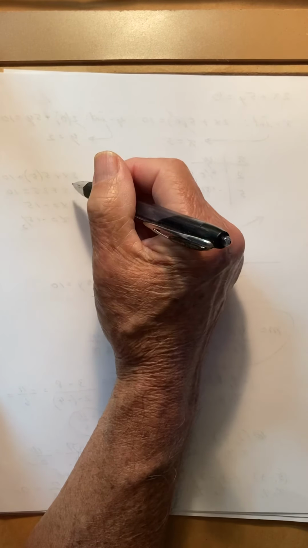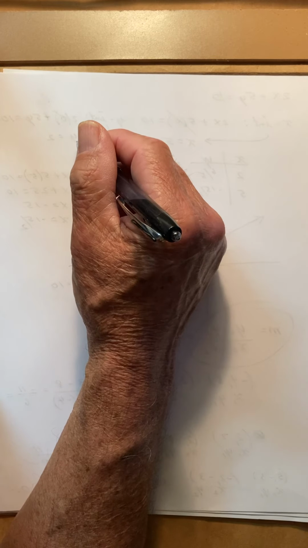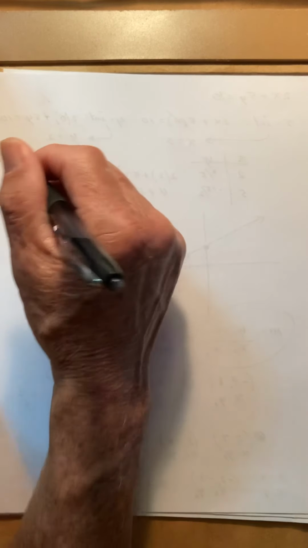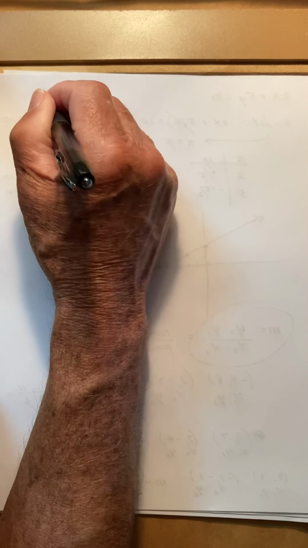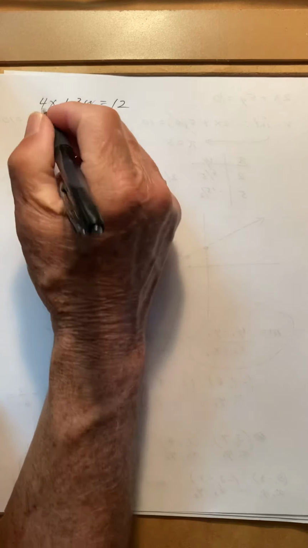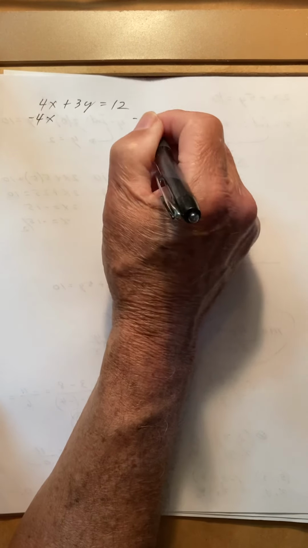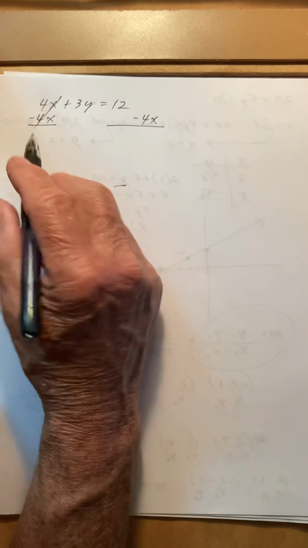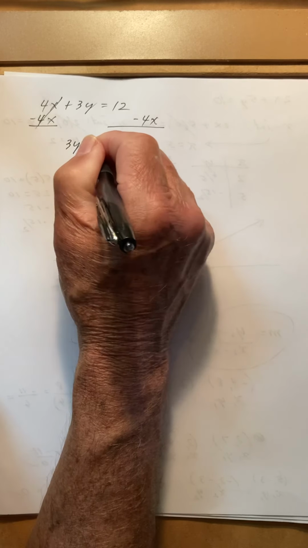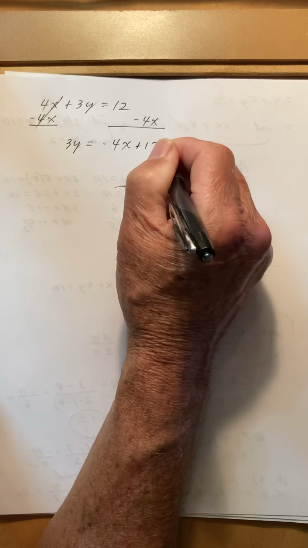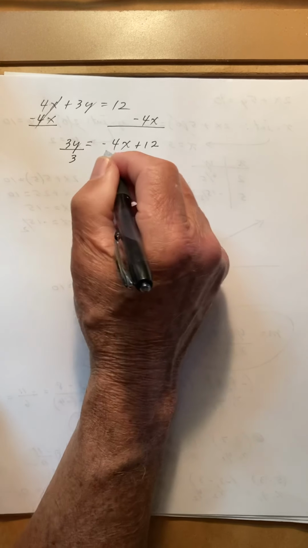All right, now we want to next look at how do we find the slope when we have an equation instead of 2 points like we just did. Well, if we take this example, 4x plus 3y, and follow the steps in your notes, it says to first of all solve for y. So we'll subtract 4x from both sides. This column crosses off, and we get 3y equals, put the x term first, negative 4x, and then plus 12. Then divide by 3 on each term,